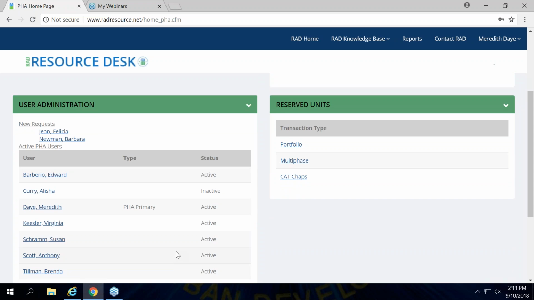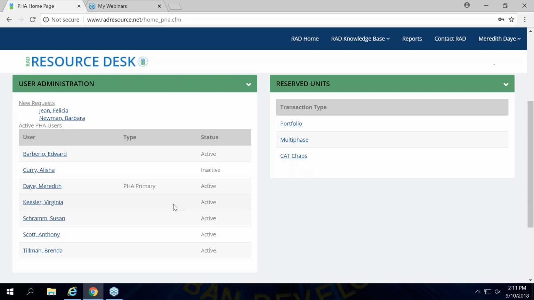Staying on the left-hand side, you'll notice that we have the user administration. This is a functionality that you've always had, but now it's going to be a little bit easier for you to get to. You'll be able to provide approvals to new requests. You can see that there are two folks that have asked for access to this housing authority, and as the primary user, Meredith can go in and give those folks access to it. It also lists out all of the various users and what status they have. So in this case, there are a number of active users, one inactive,